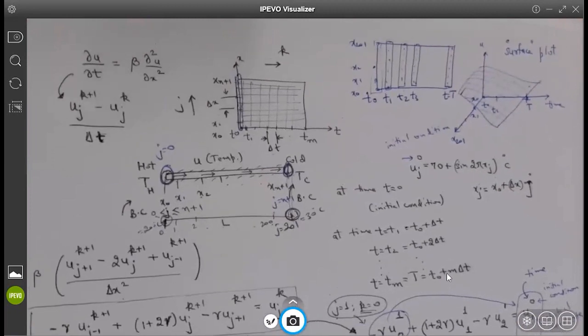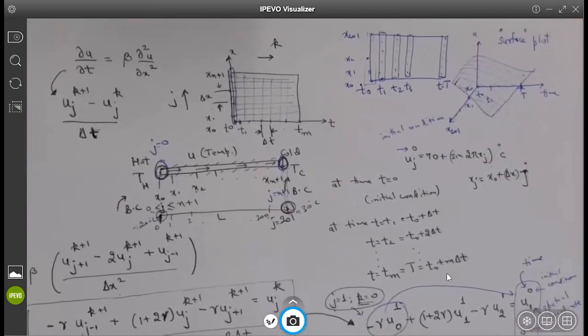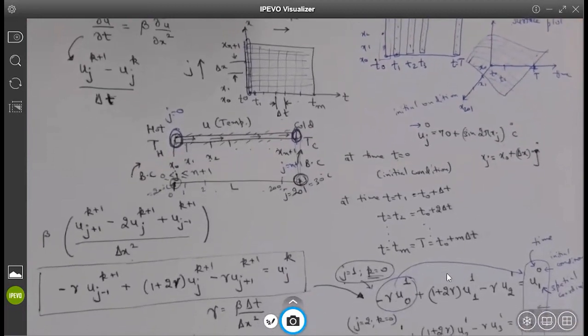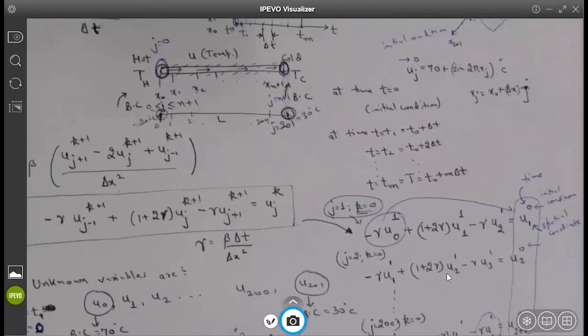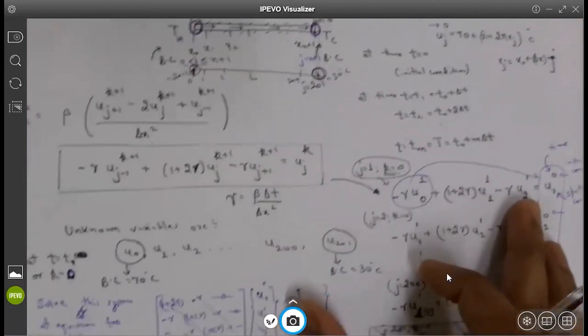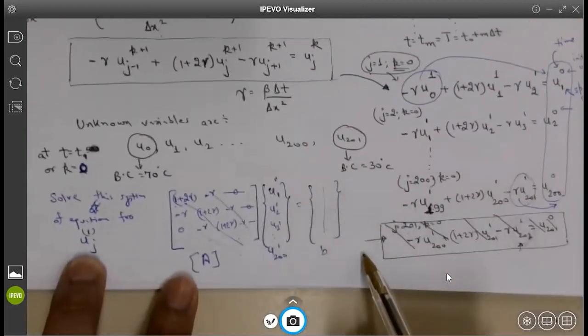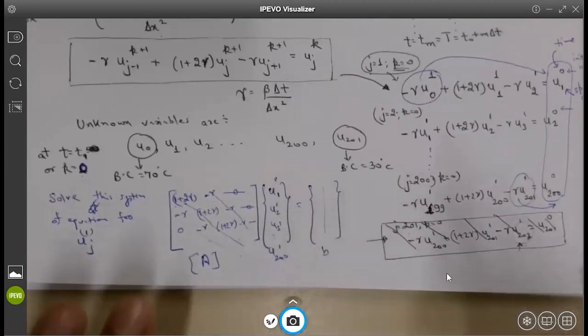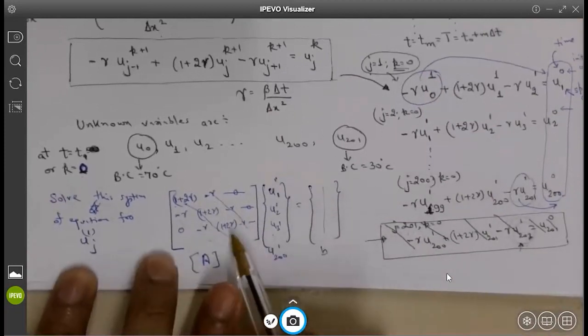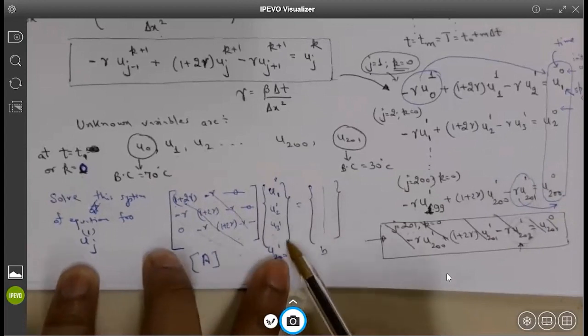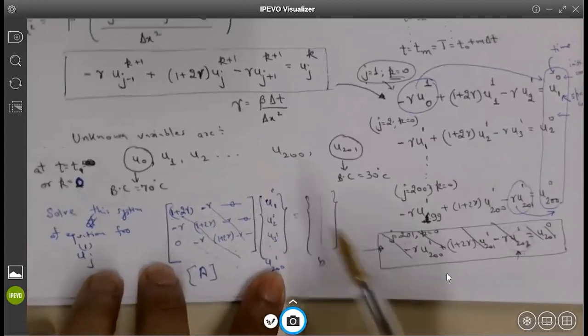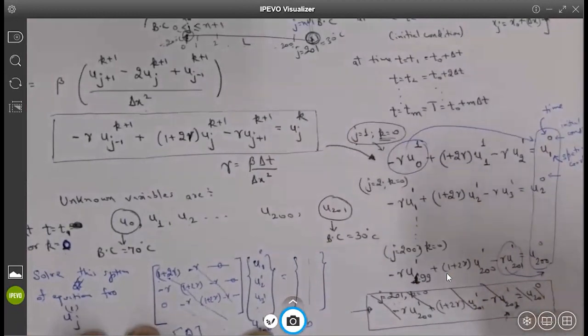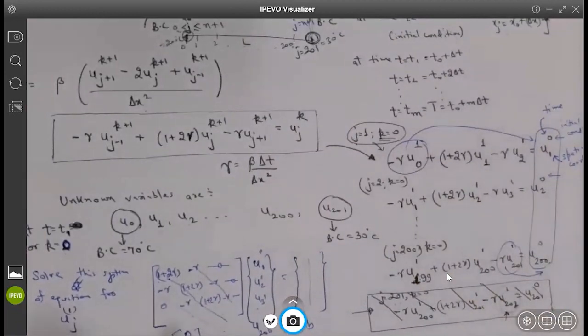Let me know if it is making sense or if it is not. If it is not, please think again more about the problem and read it, and hopefully it will make sense. Eventually, you have to solve this matrix equation. Instead of just giving you this matrix, saying this is a tridiagonal system, solve for unknown X using the Thomas algorithm, I give you the context behind this specific problem. That is what this homework problem is all about.